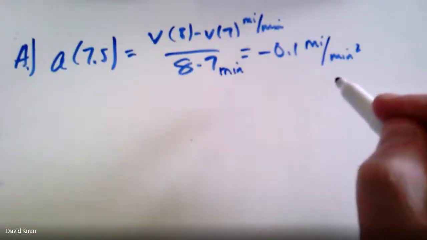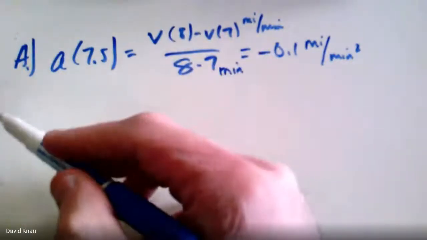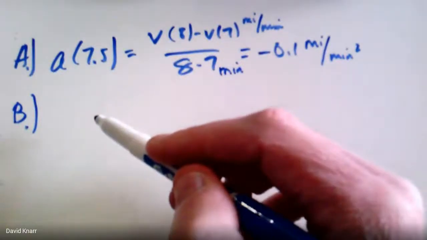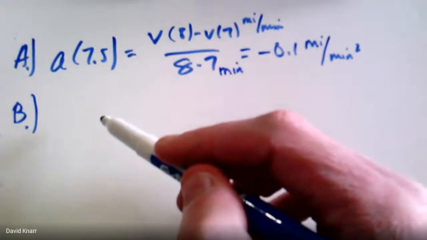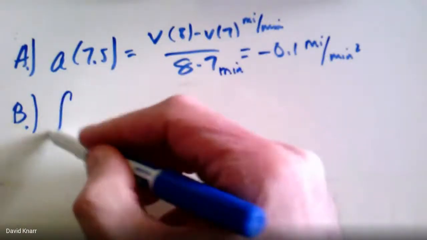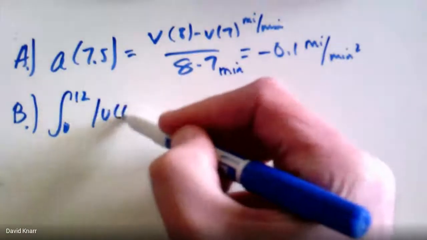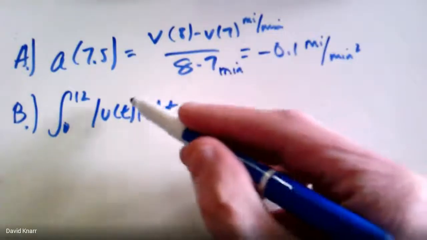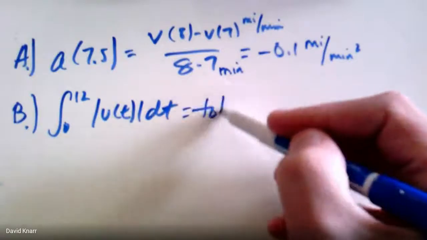So my answer is in miles per minute squared. All right, let's try letter B. For letter B, it says using correct units, explain the meaning of the integral from 0 to 12 of the absolute value of v of t dt. So the integral of the absolute value, this is the total distance